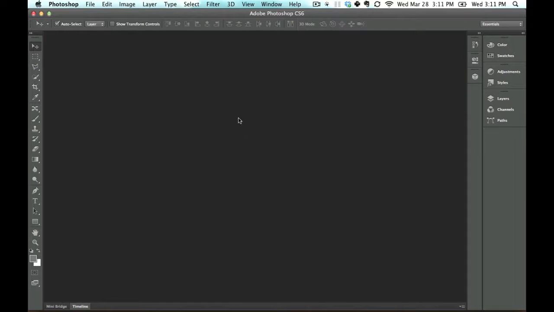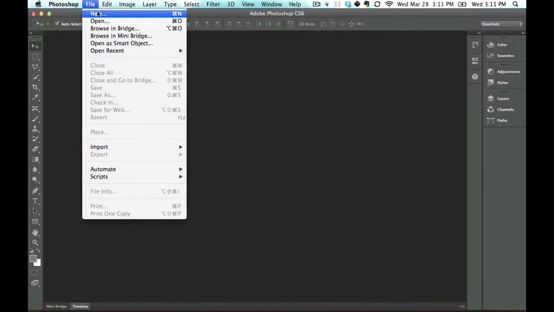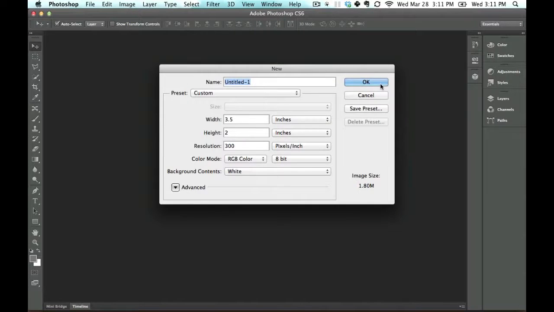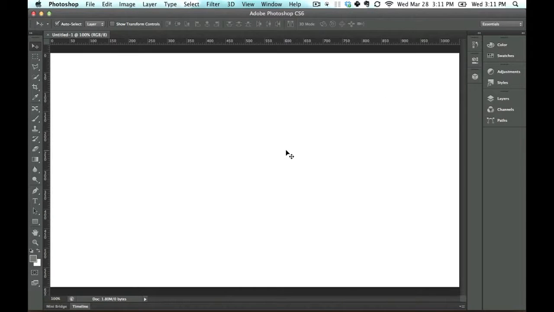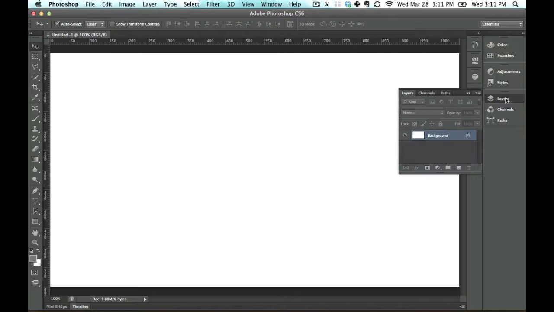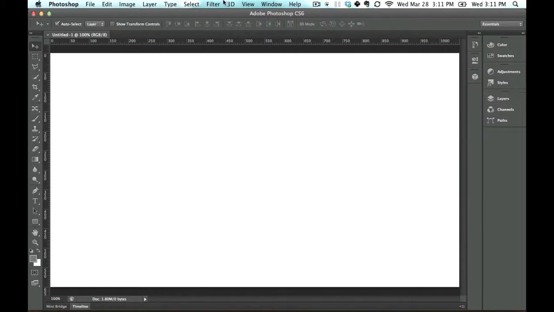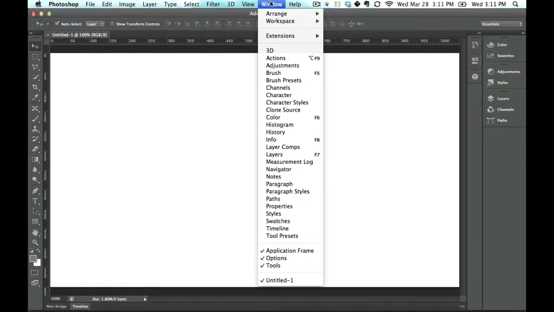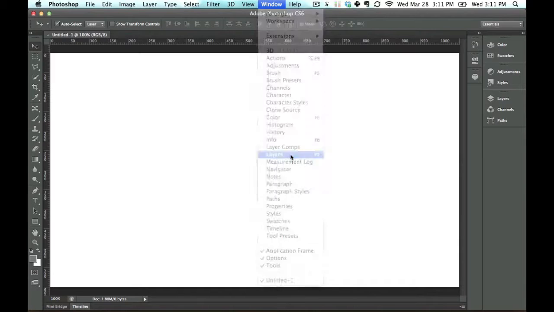One of them is the canvas, and we don't even have a canvas yet. So if I go to File, New, and say OK, we now have a canvas. And the last thing is the Layers palette. So I see that it says Layers right here, so I can click this. If you can't find where it says Layers right there, just go into Window, Layers, and then it will pop